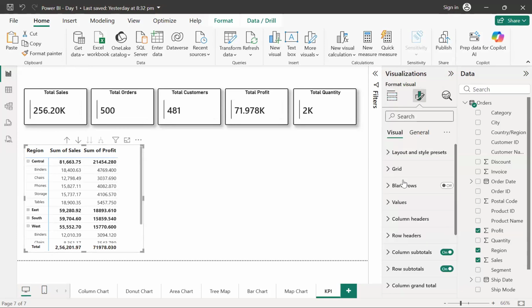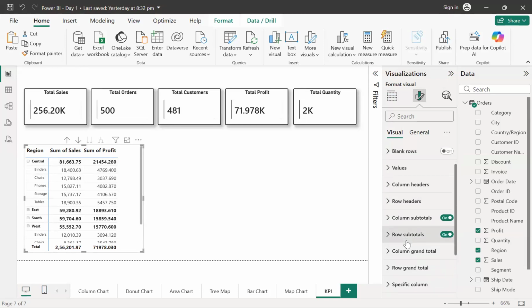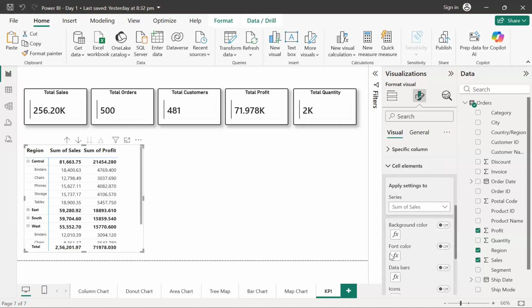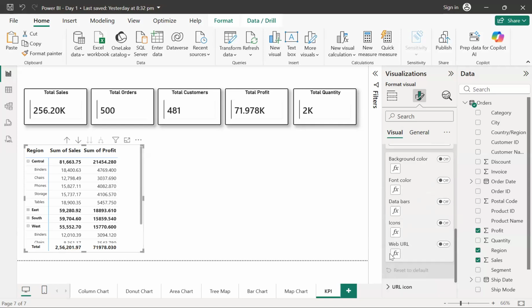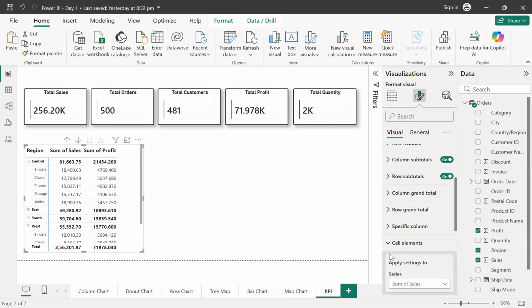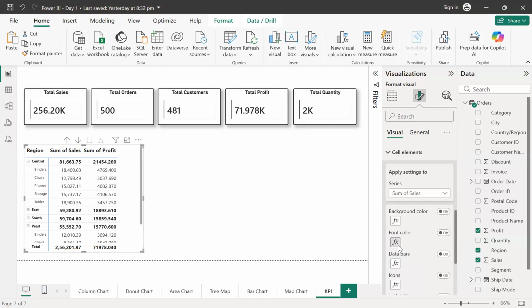Okay. Now, I guess, guys, that the values for this subcategory can also be increased. Okay, so you can probably check into it. We have this sum of sales color thing, which we can probably try to change, but I guess this is fine. The data bars we can try to check once to see how it looks.